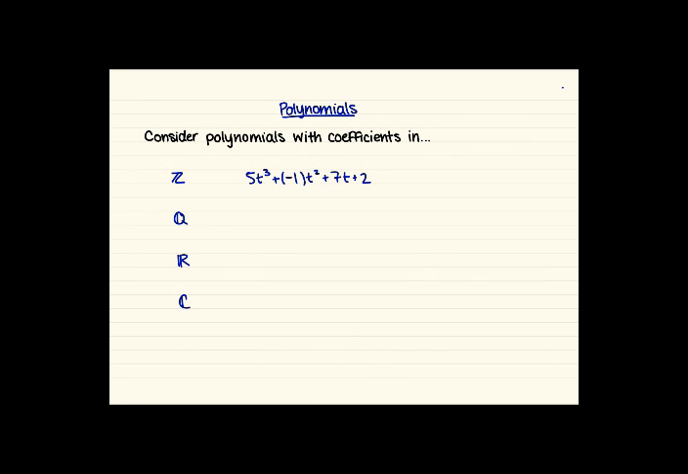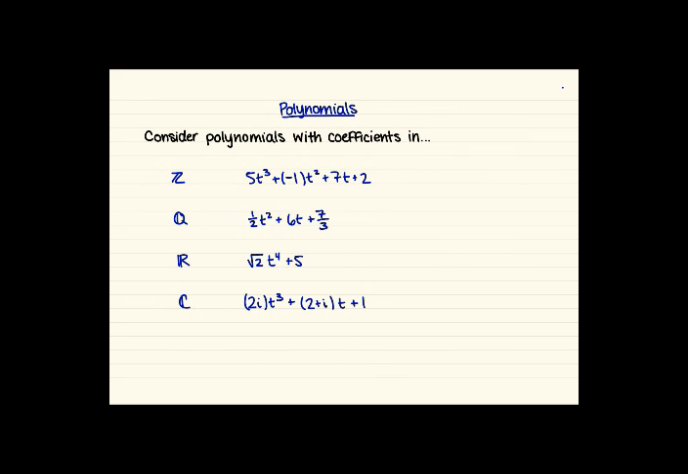7t plus 2. A polynomial with coefficients in the rational numbers might look something like 1/2 t squared plus 6t plus 7/3. A polynomial with coefficients in the real numbers could look something like √2 t to the 4th plus 5. A polynomial with coefficients in the complex numbers could maybe be 2i times t cubed plus 2 plus i t